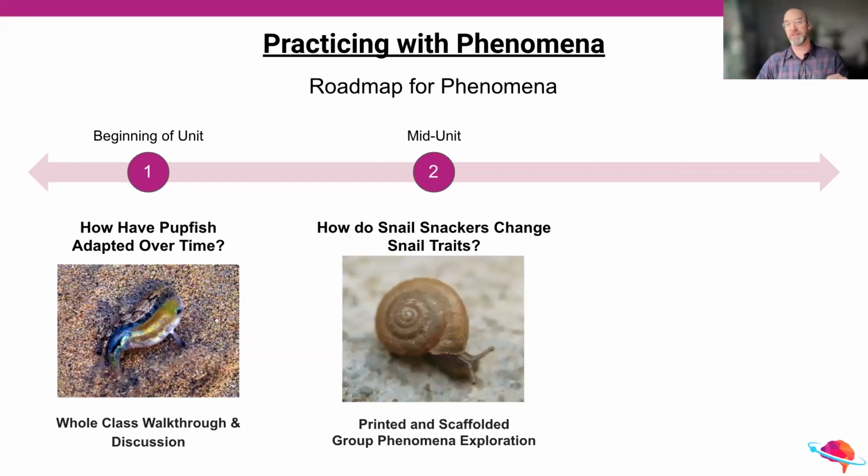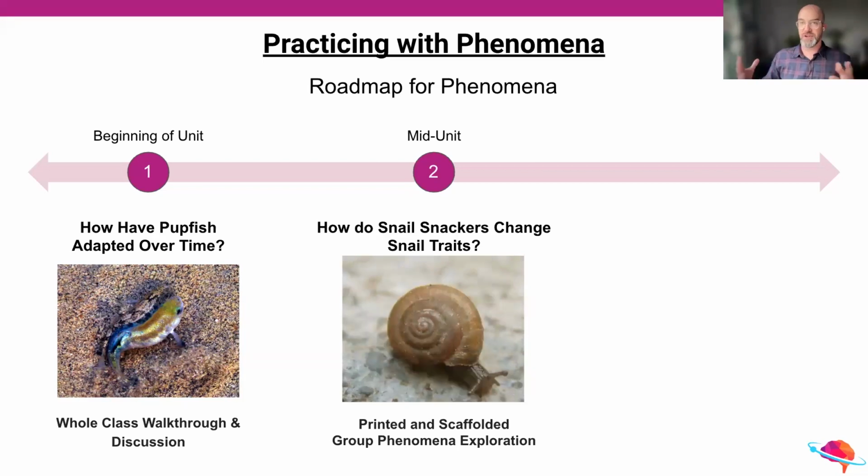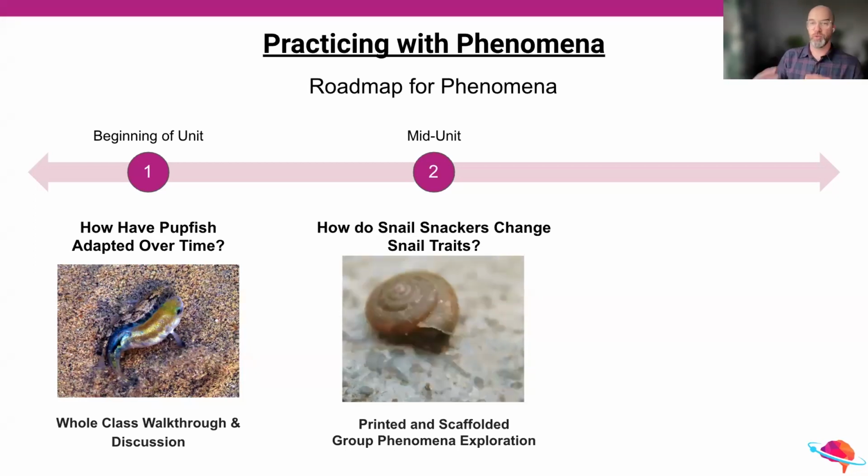And so depending on the predator that you have available in your environment, what success means for you is going to be different. And so in this way, students can sit down, we can print out a group of questions and a phenomenon and have students in groups work together to answer rigorous questions about the DCIs, the SEPs, the cross-cutting concepts. And the teacher can also provide some scaffolding support. So you're walking around, you can prompt students, you can give them some context. You say, remember that other thing we talked about, those beaks or the pupfish, how is this similar to that? And in this way, we can scaffold them up to the final part of the unit